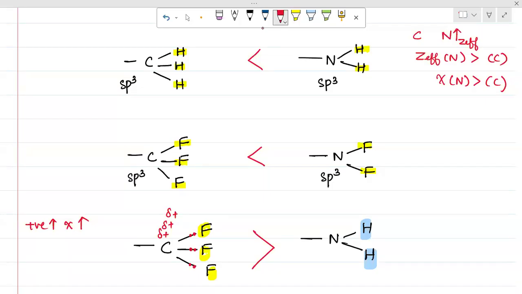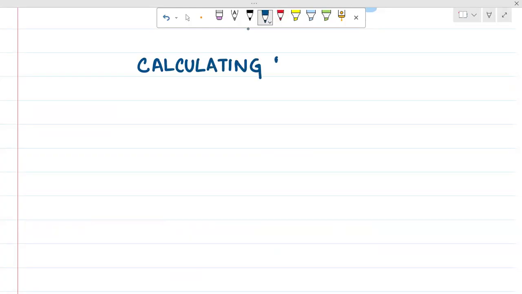Okay, so I hope you get an idea. Now, for the exam, the questions that they can ask apart from these factors is the value of electronegativity, calculating the value. Write on the heading, calculating electronegativity. So first one, I'll write the most recent one, which has been asked in the exam.